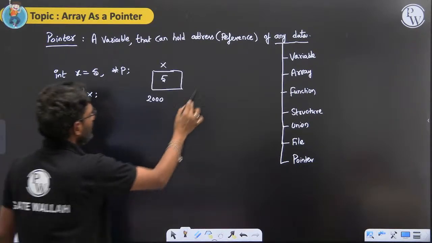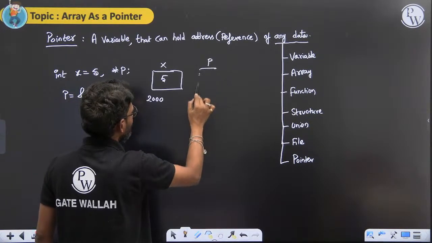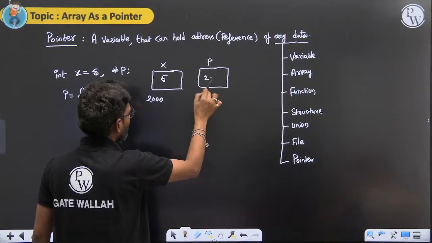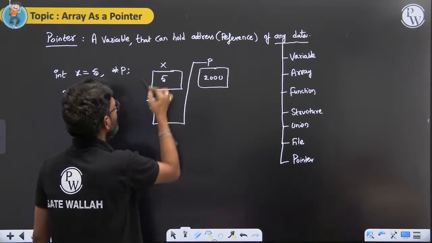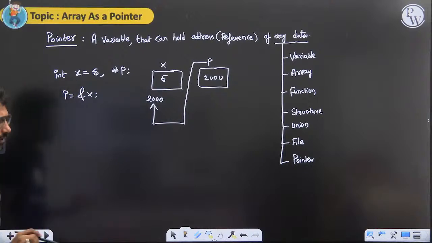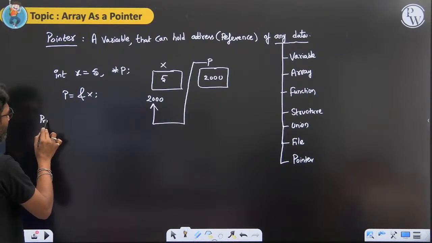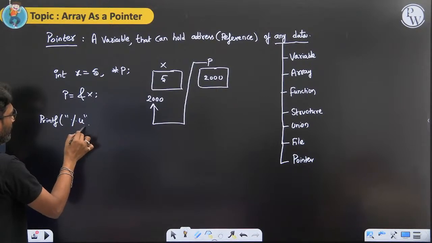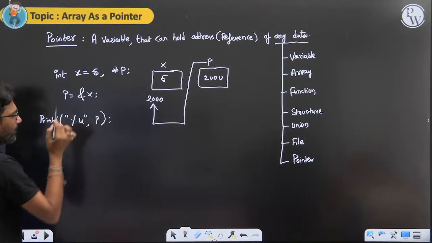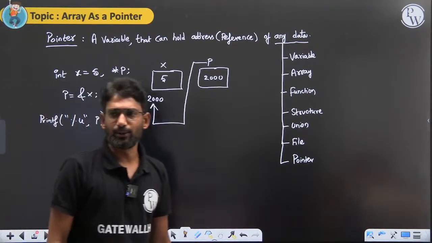Now what is this pointer holding? The address of x. That means this pointer is pointing to x. So now if we try to print this pointer value,